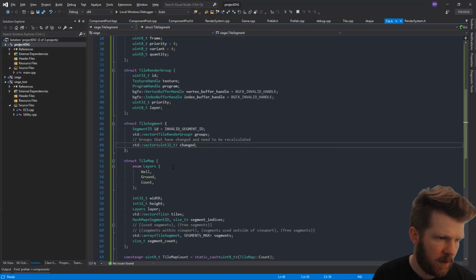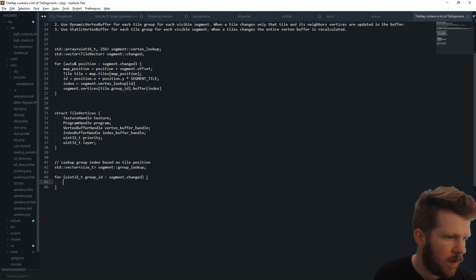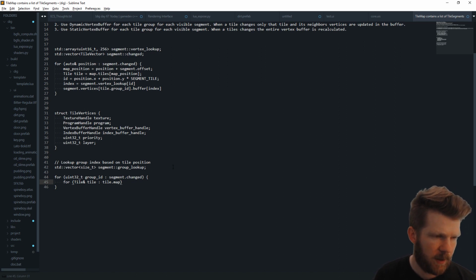So this is a uint32. This is the group ID that changed. So we'd say, hey, for every single group that changed, so this is the group ID out of our groups, segment dot changed. We want to then iterate over all of the tiles. So for every tile in our tile map, well, it's really within the segment. Oh, that's kind of ugly. I guess what we'd have to do is say